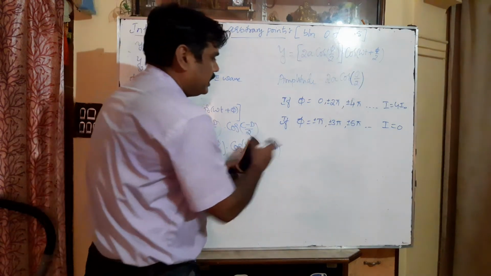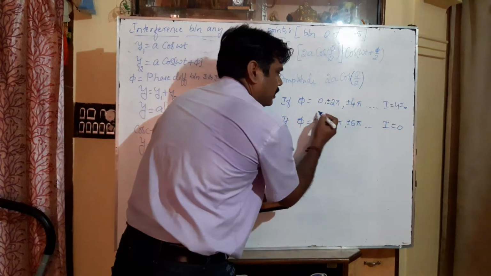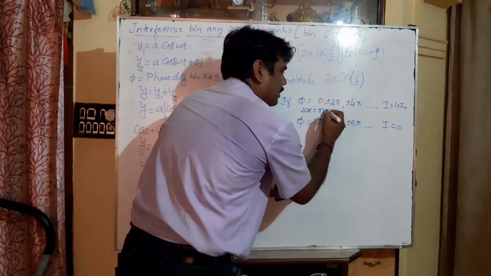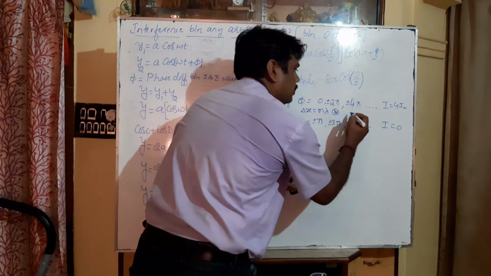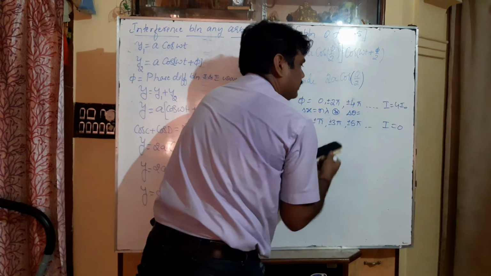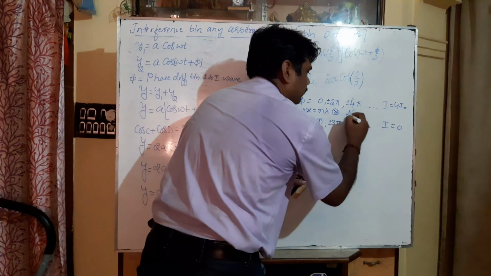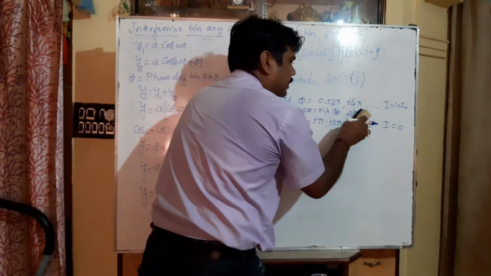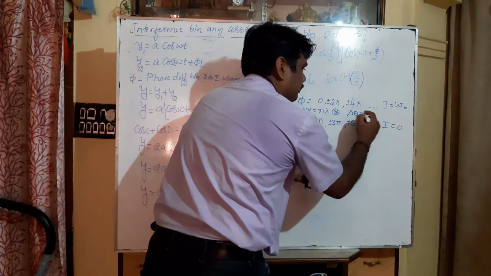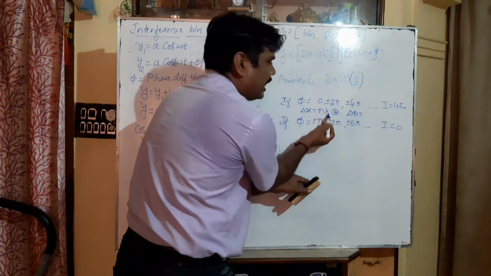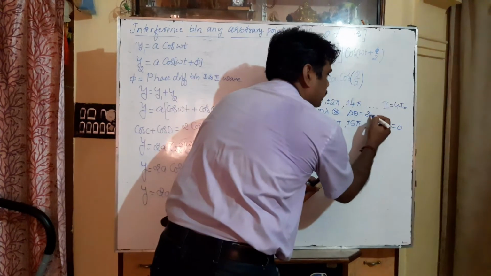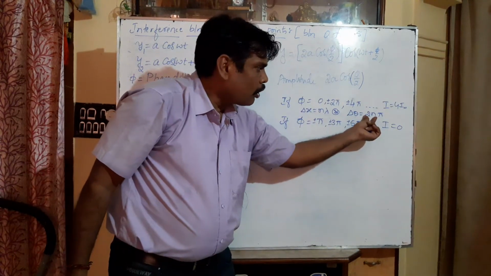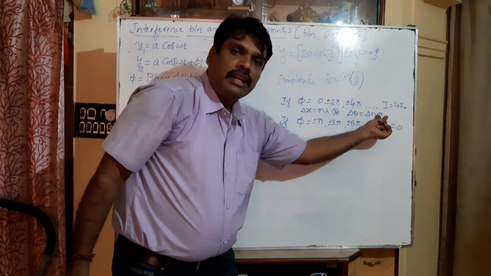So generally, for constructive interference, in terms of path difference, delta x is equal to n lambda, or the phase difference delta theta. I will consider delta phi, the phase difference, that is what phi we have taken. It should be equal to delta theta only, I will take phase difference. So instead of lambda it is 2 pi, it means 2n pi. So the meaning of this general formula is that for all even multiples of pi we will get constructive interference.